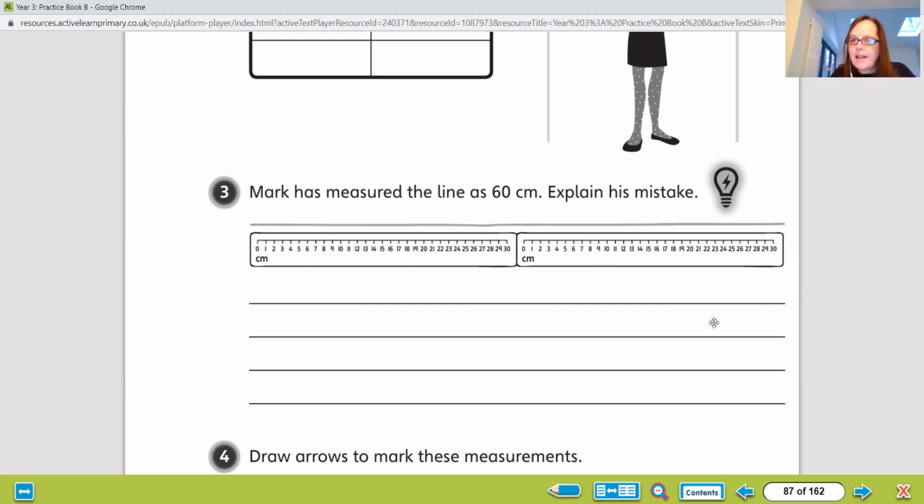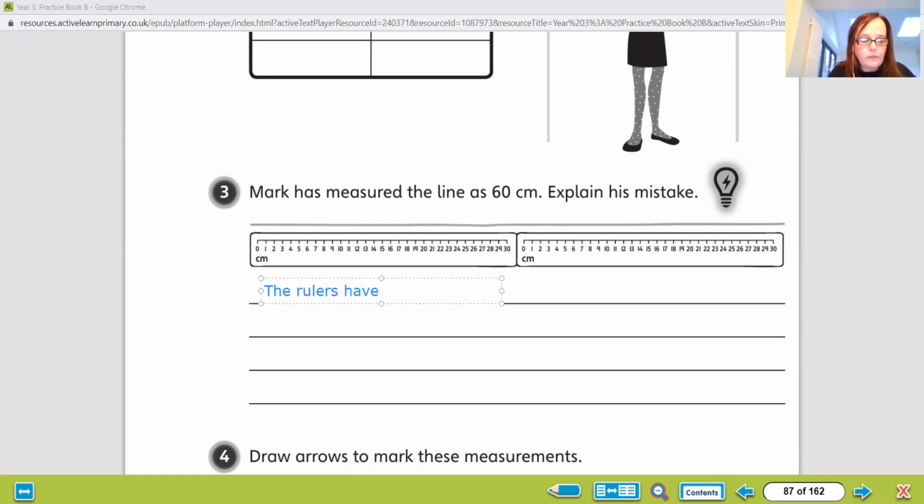Did you spot the mistake? Well, the mistake is the rulers have an extra bit before the scale and after the scale. So they're slightly longer than 30 centimetres. They've got a bit before the 0 and a bit after the 30. So they're not 30 centimetres, they are longer than 30 centimetres. So he is wrong. So we need to say the rulers